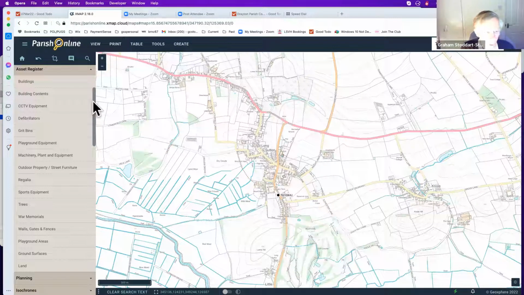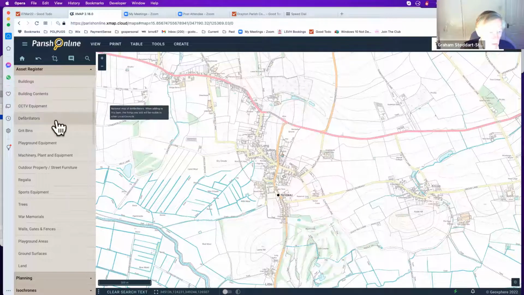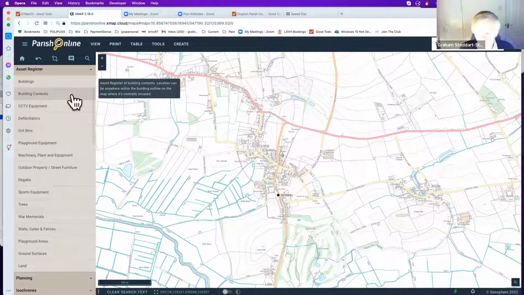So it gives you all the empty records, and all you need to do is fill them. So if you're looking for things like grit bins or dog poo bins or buildings or your defibrillators, whatever it happens to be, this is where you record the data. And what you're effectively doing, because most councils have got some idea of what assets they own, is I'm hoping that you're going to bring the data out of a paper-based filing cabinet, stick it into a digitally based system